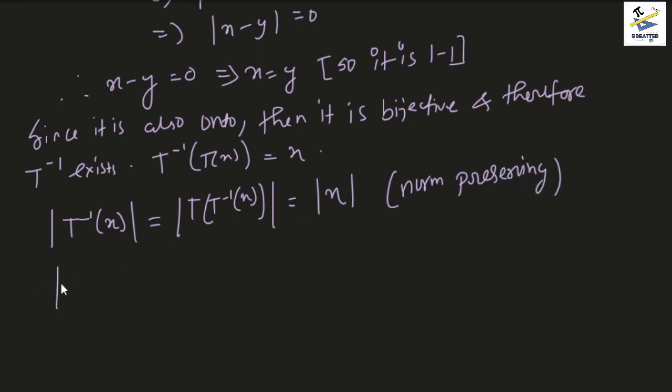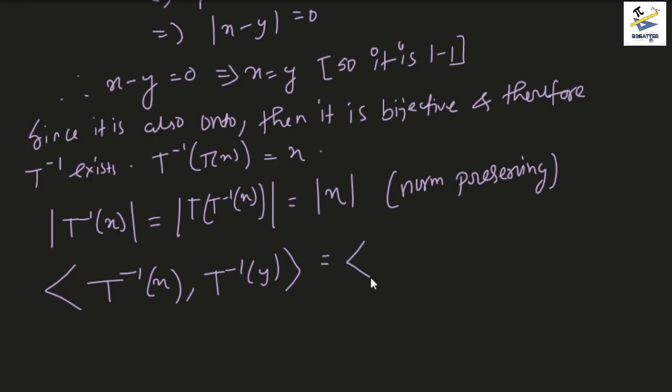Similarly, we can write T inverse of x and T inverse of y's inner product as, we know it is inner product preserving as well, the T. So for every x comma y, whose inner product is also equal to the inner product of Tx comma Ty,